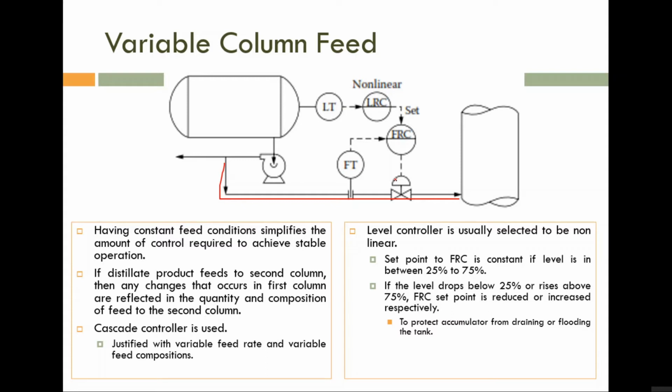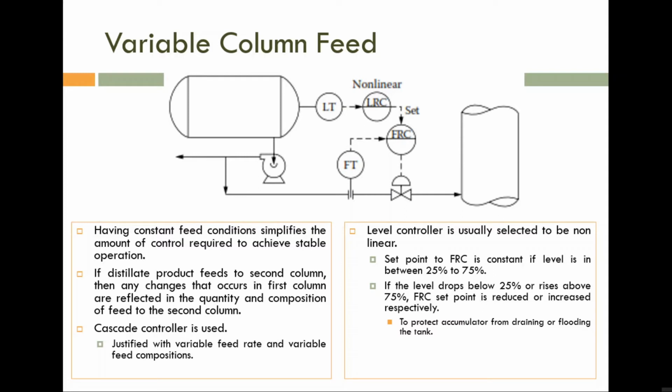If we are able to use only one control valve, then the level control strategy and the feed control strategy, we have to combine these two. So for that purpose, the cascade controller is used. Okay, now if you are using a cascade controller, then definitely we have to select one measurement as the primary measurement and the second one as the secondary measurement. How are we selecting the primary measurement and the secondary measurement? In a cascade controller, the variable that is selected as the controlled variable must be the primary variable.